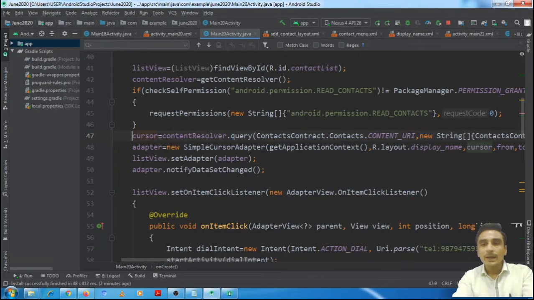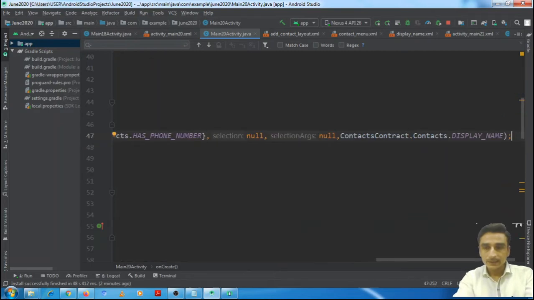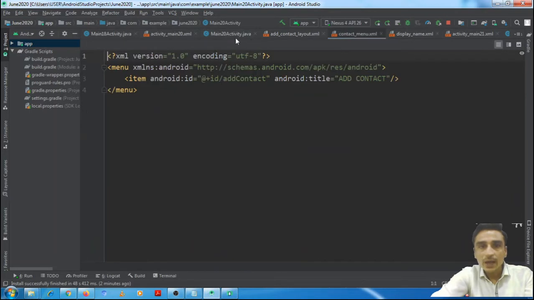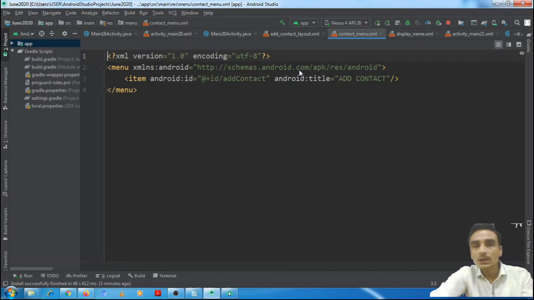And then in the layout which we have defined for the list view, we will add an additional text view for displaying the value of has phone numbers.